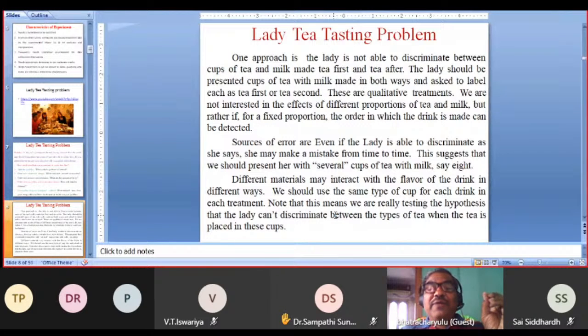This suggests that with several cups of tea we are saying that means some 8 cups. Different materials may interact with the flavor of the drink in different ways. We should use the same type of cup for each drink in the same type of treatment. Note that this means